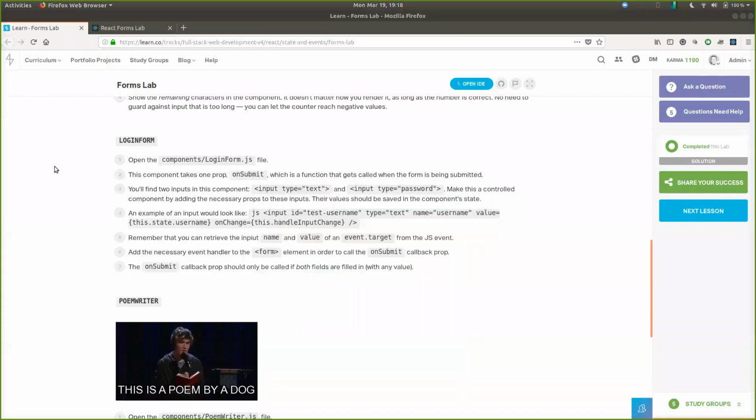Okay. This component takes one prop, on submit, which is a function that gets called when the form is being submitted. Okay, we kind of looked at that. You'll find two inputs in this component, input type text and input type password. Make this a controlled component by adding the necessary props to these inputs. Their values should be saved in the component state. Okay, so we're going to implement something very similar where we have this state updating locally with the username and password input,